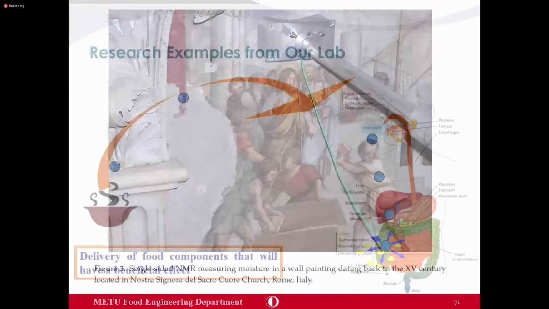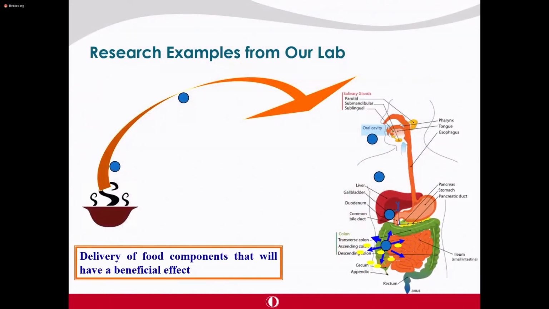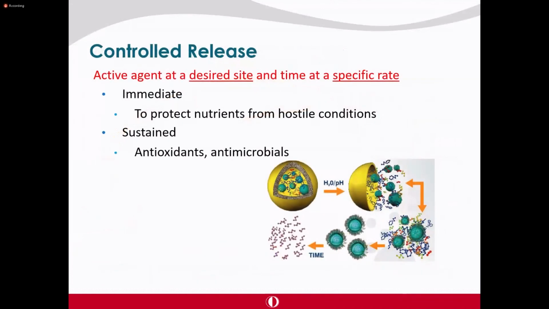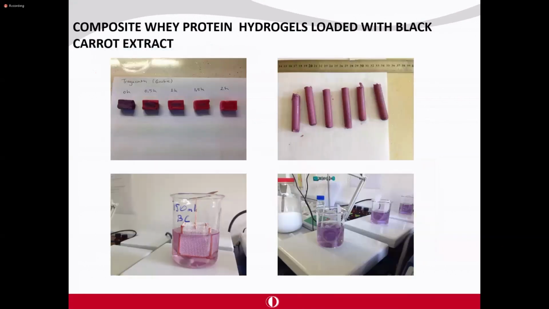Let me now give some examples from our lab. I will go through these examples very quickly because we don't have enough time. For controlled release applications on gel systems, we can use NMR relaxometry. And yesterday I said that confectionery systems are also gels. So we can easily utilize the NMR techniques in